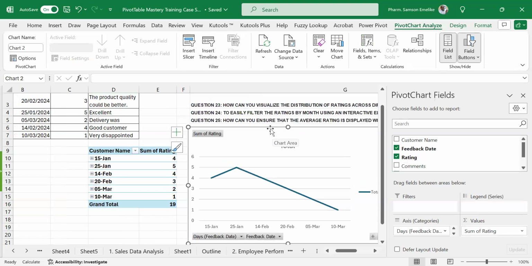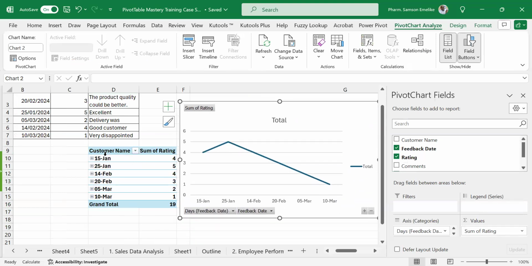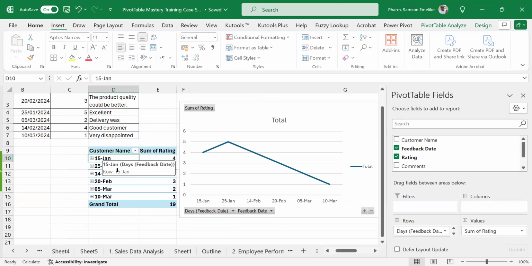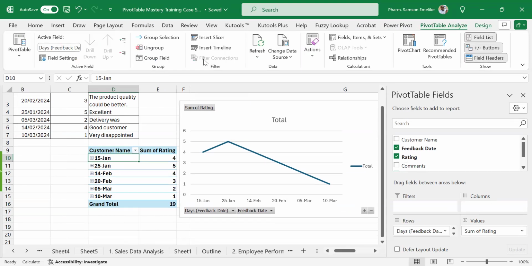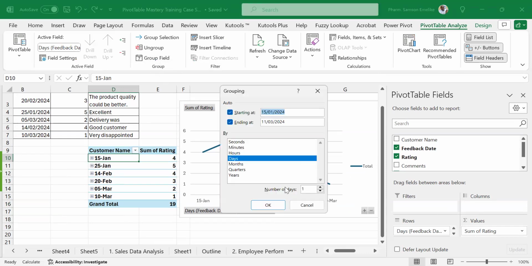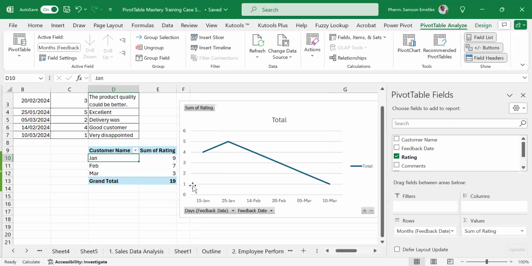So what I did was to first come to my month and go to grouping, to my field, and I decided that, sorry, I think it was a month before, right? Yes, this was the way it was. And then I said I would like to